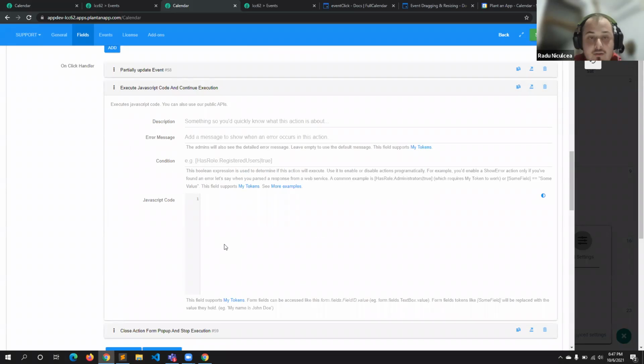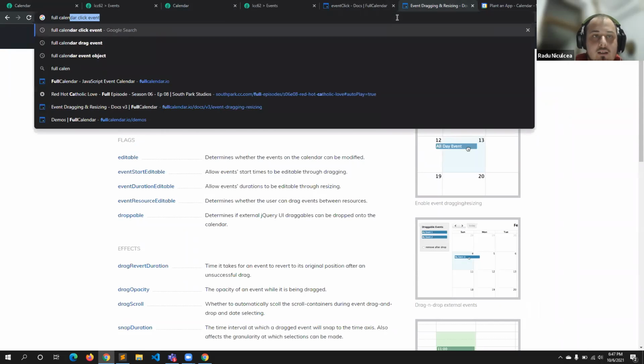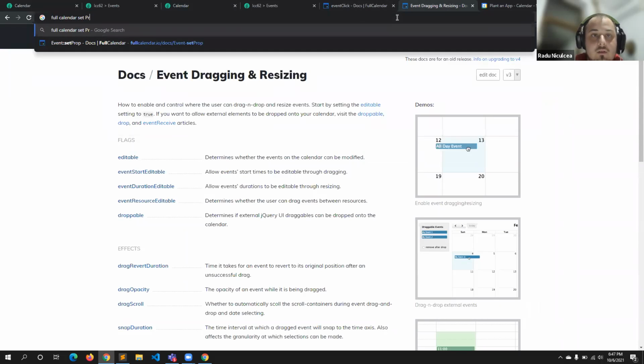So to do the update part, I will need to say something like selectedEvent, and FullCalendar has something called setProp.